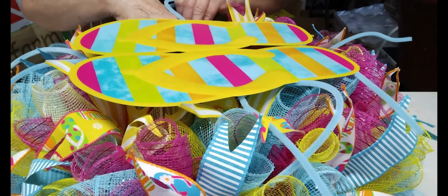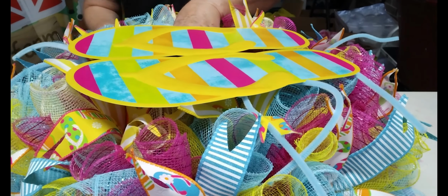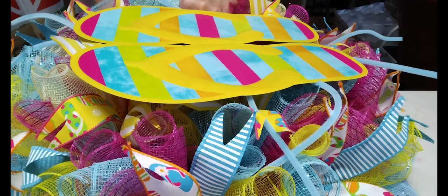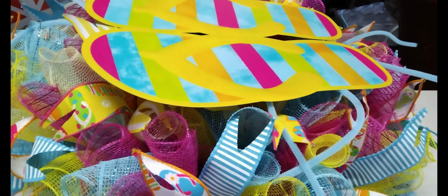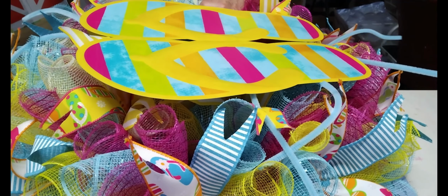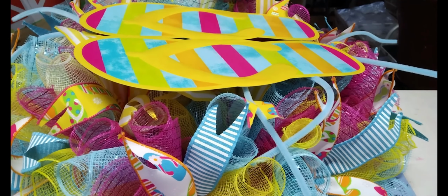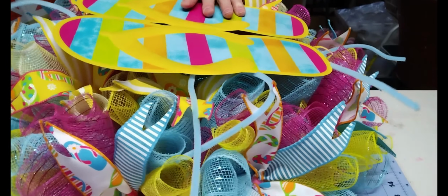Now don't worry about your ribbons. You can always come back and straighten them out. So just going down through your mesh somewhere. I put my hand underneath so I can feel them coming through. I don't want to pull my sign down into the wreath, okay? I just want to get the pipe cleaners down through there and then